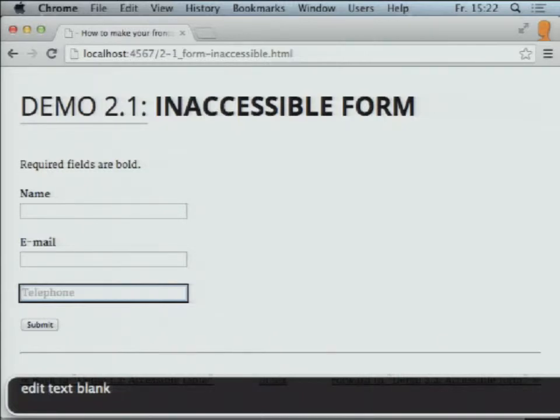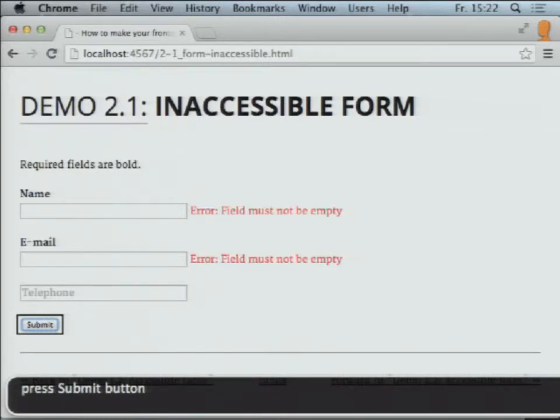So let's move on. Submit button. I submit the form. Press submit button. Nothing happens. So I can just tap back. Edit text blank. Edit text blank. And I have no idea whether there was an error or not. Edit text submit button. So in order to detect what the problem is, I will have to move the focus